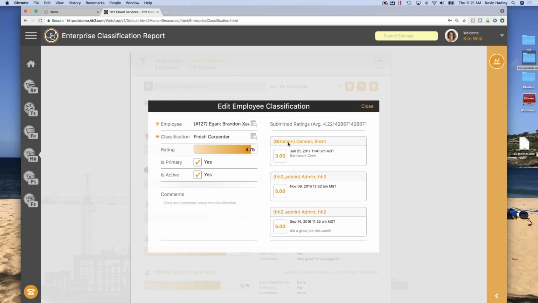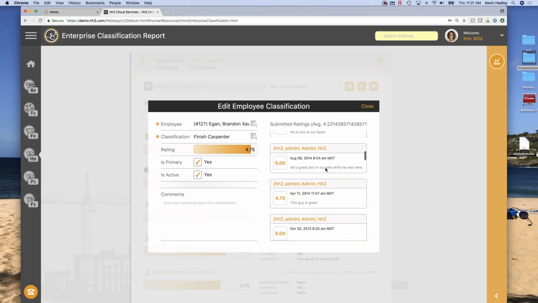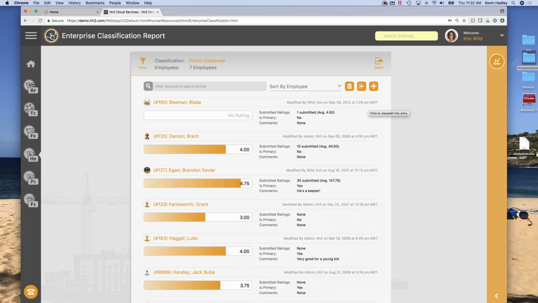So over here, it would say, who rated this employee? What was he on? Was he on a crew or on a specific job? How was he rated? Were there any notes? And so we just keep track of all those ratings. So if by chance we ever go through a downturn like we did back in late 2008, 9, 10, and you're needing to get rid of employees, you kind of look and see how they were rated. It's kind of a nice thing to have, or if you're going to bid for a job and you want some of your best finished carpenters available, then you can also filter it and rate it there.